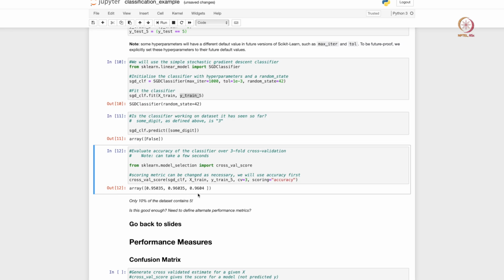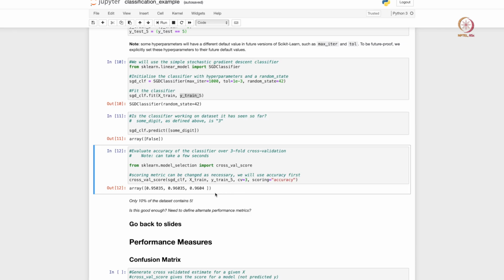They are about 95%, 96% and 96%. On the face of it you may think, oh, these models are great. You did very minimal training and it is able to do binary classification really well, getting more than 90% accuracy. But we also have to keep in mind that our 70,000 data points are equally distributed among the 10 digits. So each digit, from 0 all the way to 9, occupies roughly 10% of the overall data set.